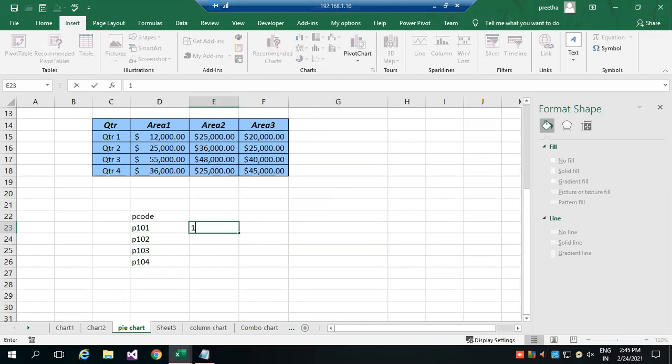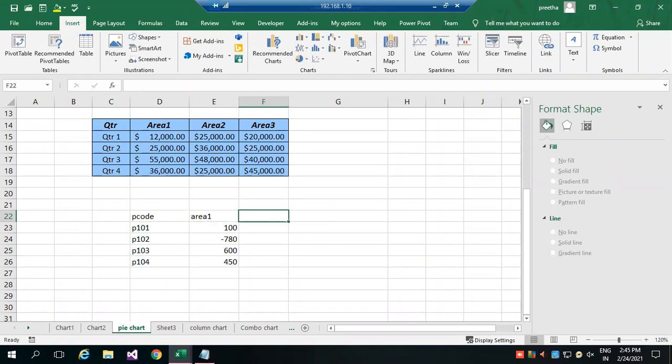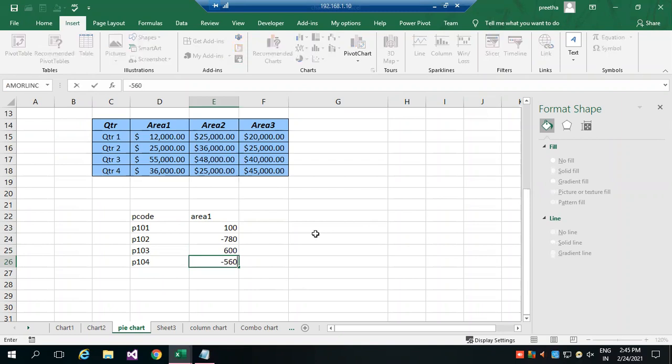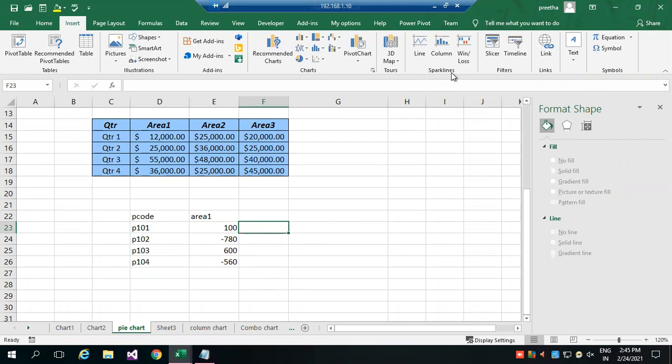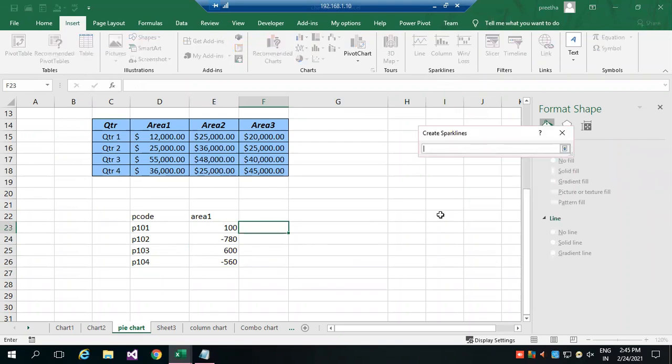If it is profit, I'll give positive. Loss means negative, I give a negative number. So now, if negative, I'll represent it as negative. Loss means negative value. Now you can see win or loss, data range.